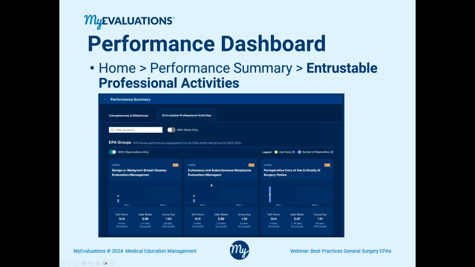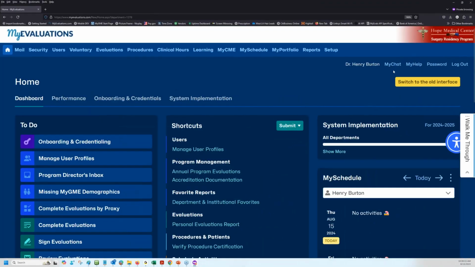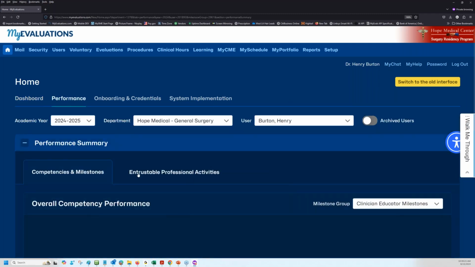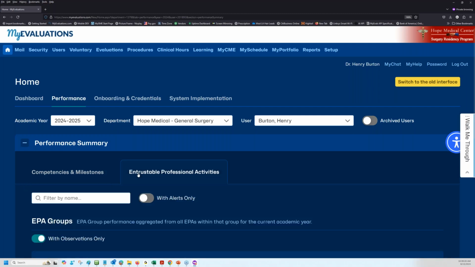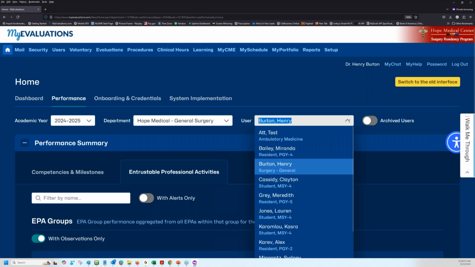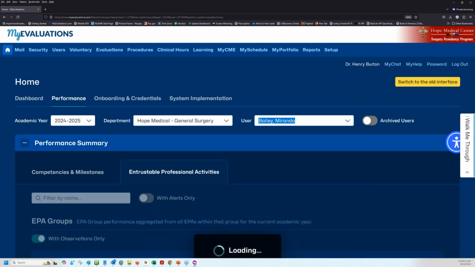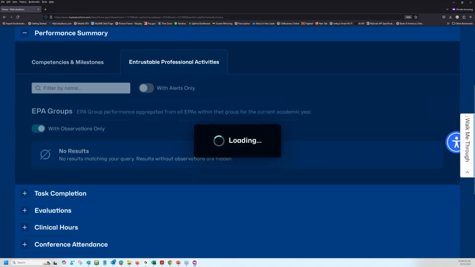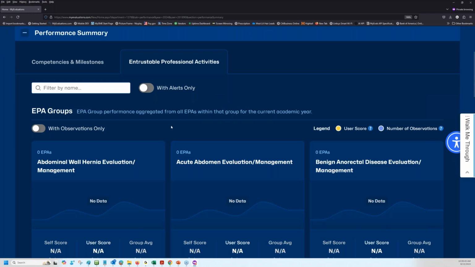Under the entrustable professional activities, you will see all the EPAs listed within your program. So let's take a quick look at that. Here I'm logged in as an administrator in the sample surgery program. I'm going to select the performance tab. Under the performance tab, I go to entrustable professional activities. Now it defaults to my particular profile. So because I'm an administrator, I can select Miranda Bailey, who's a PGY4 resident. I select Miranda Bailey, and then we're going to wait for this information to load,